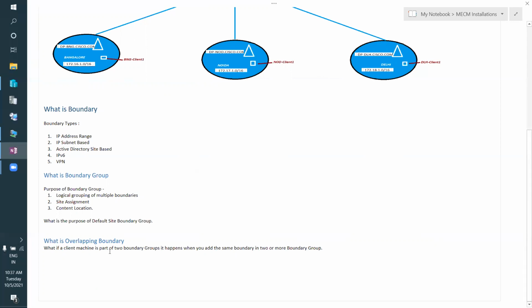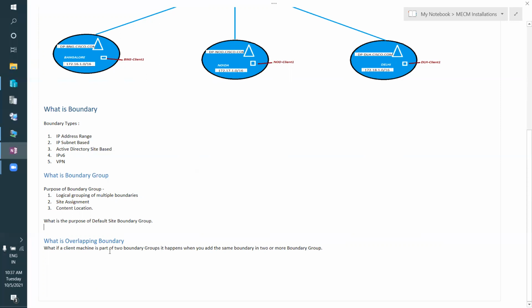Maybe you have added that boundary in both boundary groups, so your client machine will get confused about which site code or which content location, meaning which site system, it needs to contact. That is what we call an overlapping boundary. So what will happen when overlapping happens?